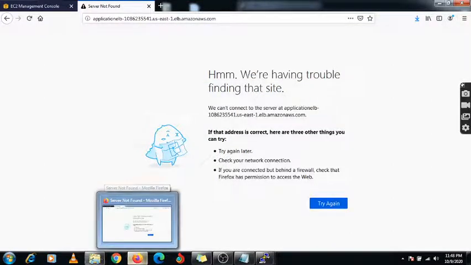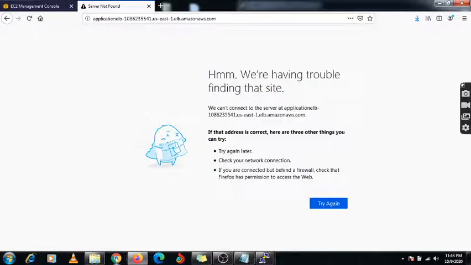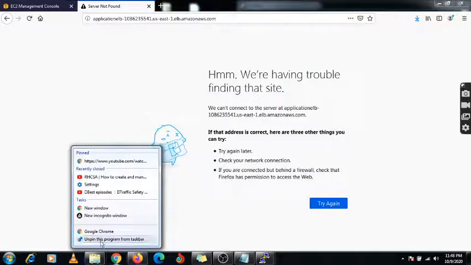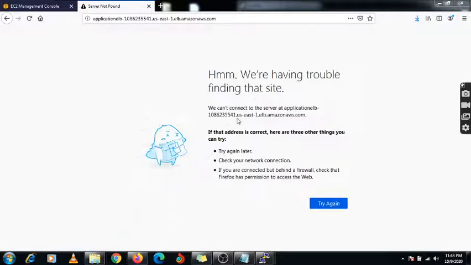It is not working. If suppose it is not working, then we need to check it in an Incognito window, because sometimes some cache and buffer is stored in this Chrome. So you can check it in this Chrome also.